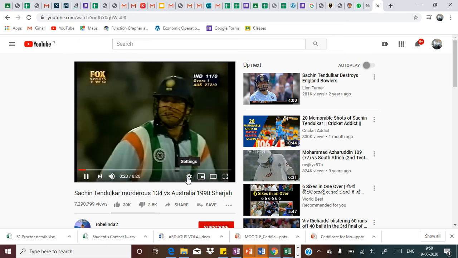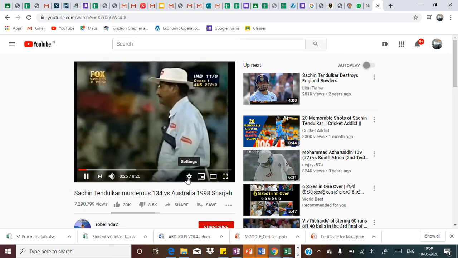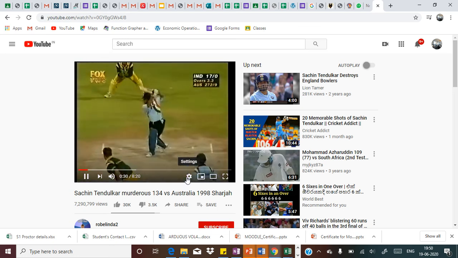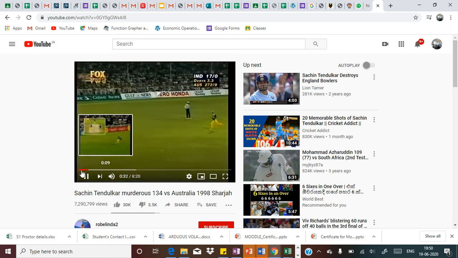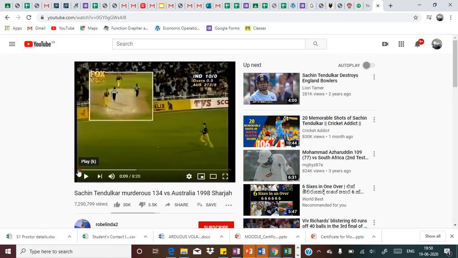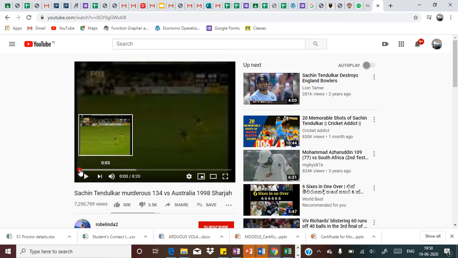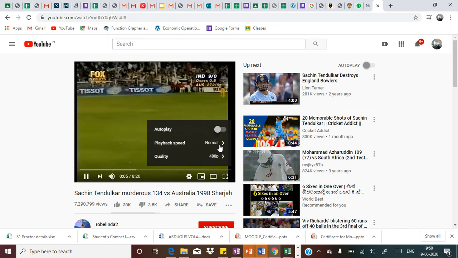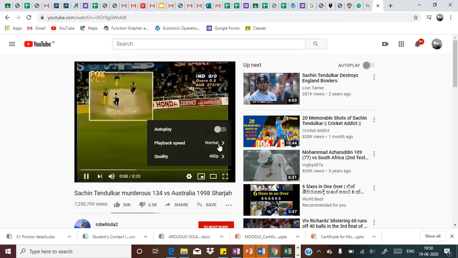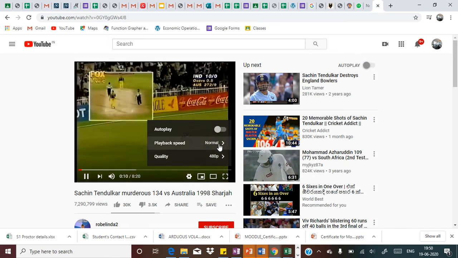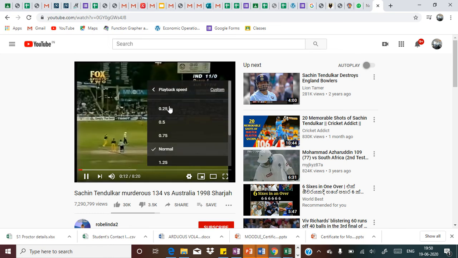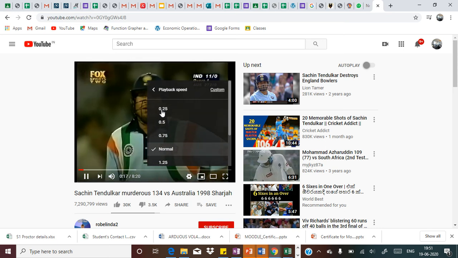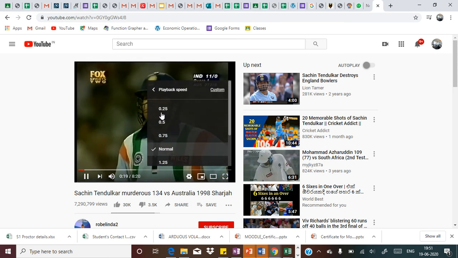So suppose you take this existing signal as x of t without any changes in the time. Now if you change that particular time scaling factor here, let me start from the beginning. See the settings here. Right now it is playing at the normal speed, so this is what it looks like. Now you can see different settings are available. I'll make the time scaling factor 0.25. That means a equals 1 divided by 4.